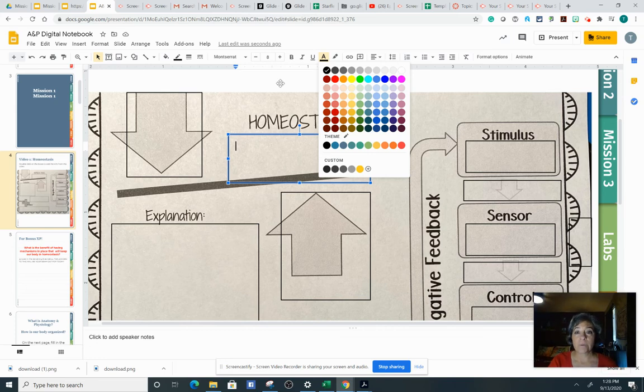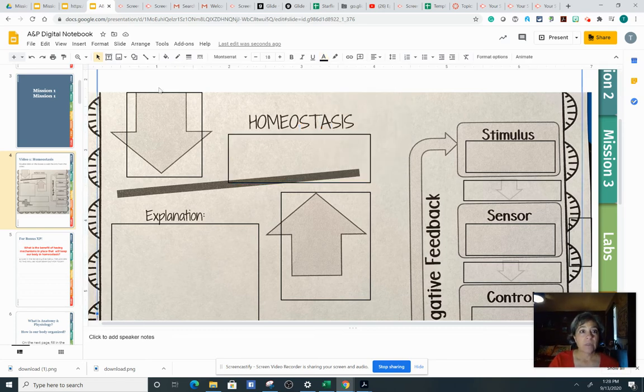So if you're not familiar with doing things like this, then here's your tutorial on that. If you want to bold something, make it italics, make it underlined, you would just click these buttons before you start typing, or if you want to do it after, just highlight it in blue and click the button and it will do that for you. Okay, so that's